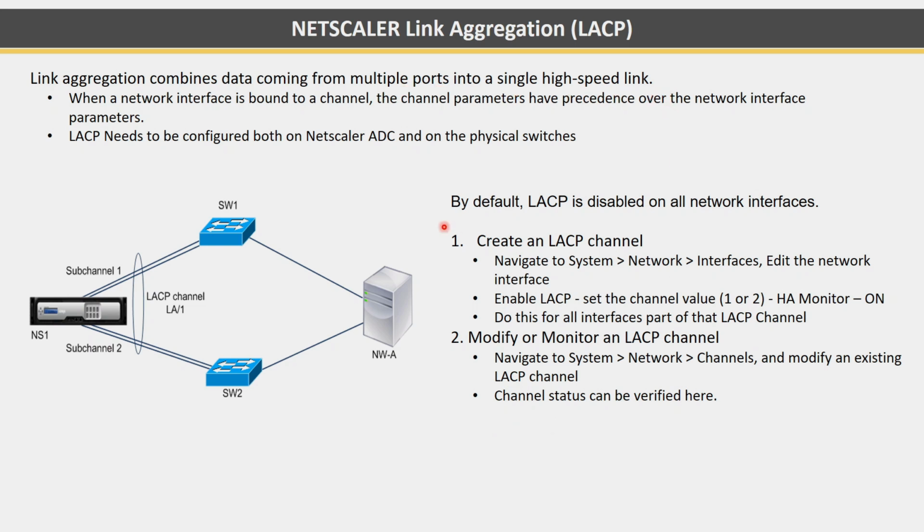Let's say, for example, I don't have 10 gig switches, I have only 1 gig switch, right? But my NetScaler can give up to 10 gig throughput, but I have only 1 gig. How can I improve the throughput? Very simple, you connect four 1 gigs and you make them LACP, 4 gig throughput. It's not something related to Citrix, it's a typical networking terminology. So the switches, you can see 1, 2, 3, 4 are there, all the 1 gig links are bundled and it will become 4 gig here.